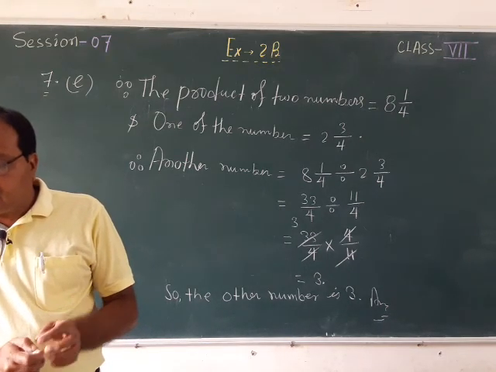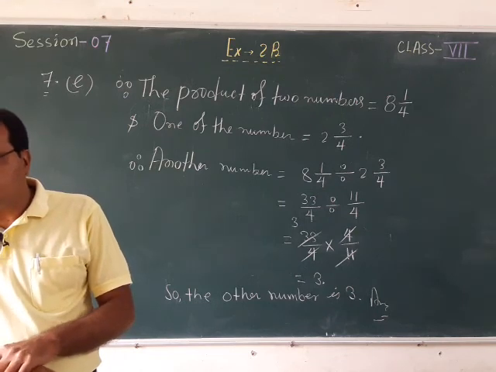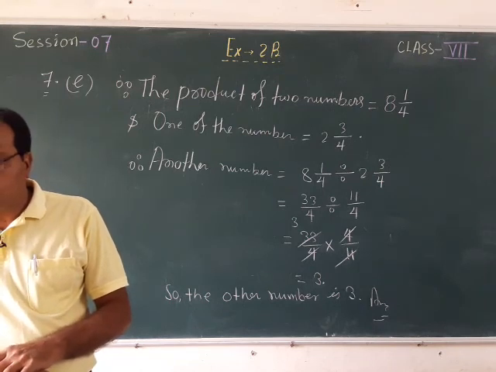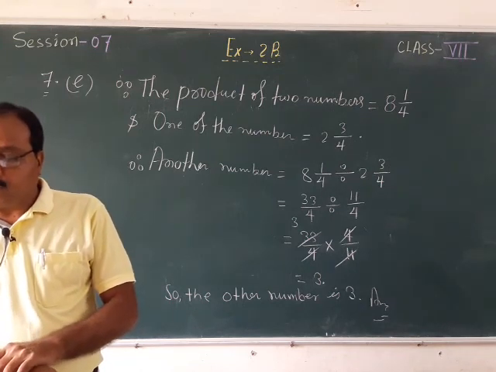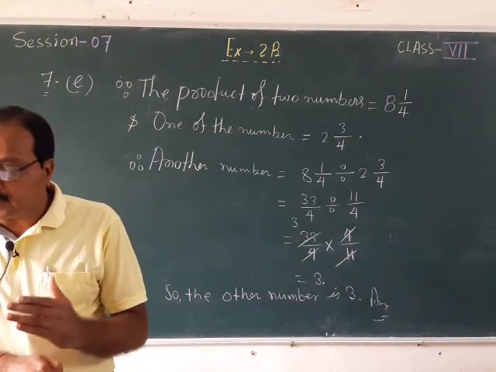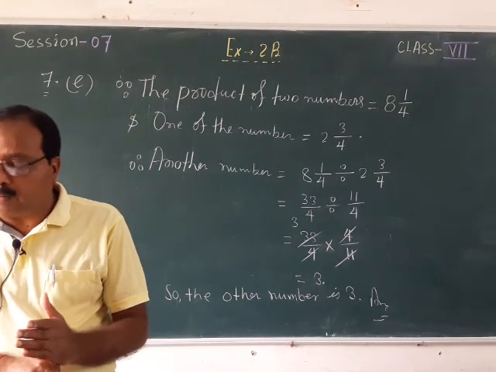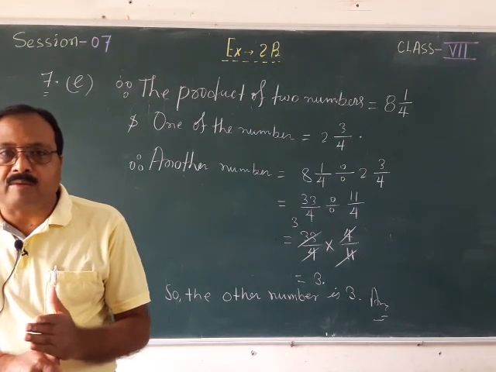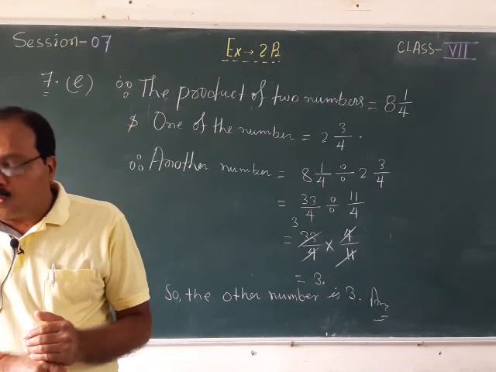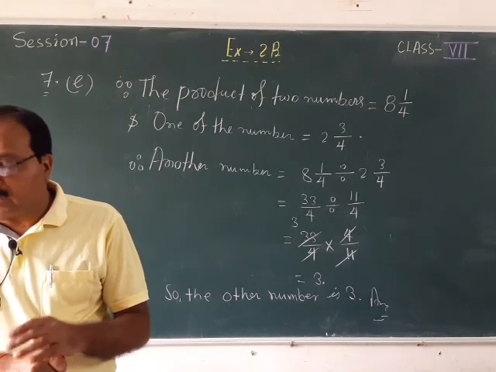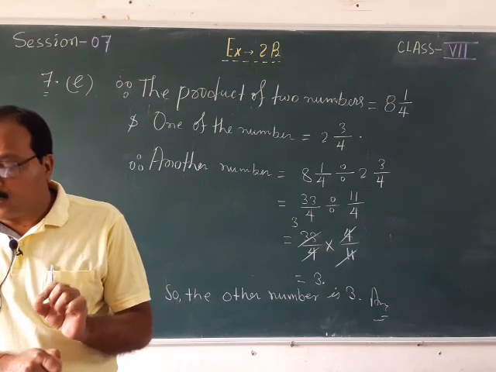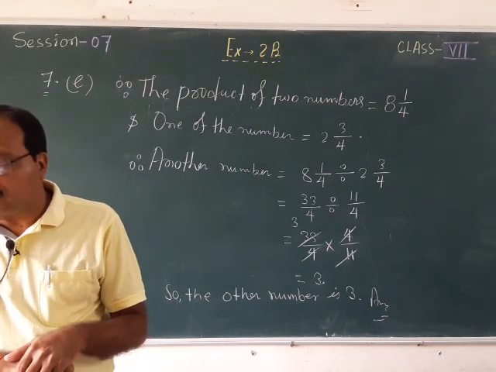If the pencils came in boxes of 15 each, approximately how many boxes has he sold by the end of the day? So here you have to observe the statement first. In the statement you can see a shopkeeper sells pencils. The cost of one pencil is given as rupees 5 whole and 1 by 4. Now he makes a total of rupees 446 and 1 by 4. That means after selling all the pencils he has got rupees 446 and 1 by 4.